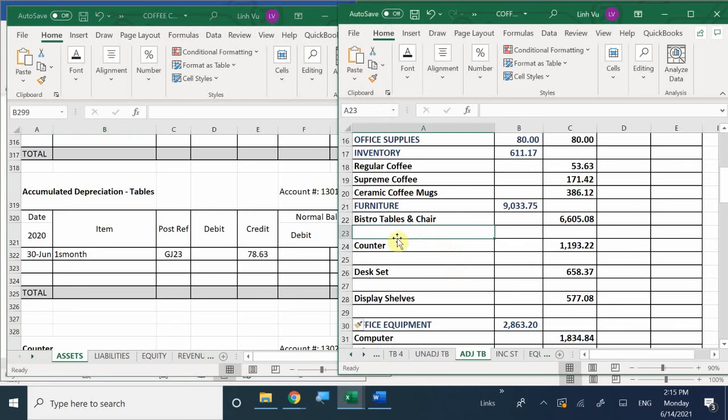$78.63. So right underneath table, we're going to associate this as Acct, my contra account, depreciation. It's up to you. I would use Acct Dep. In your balance sheets, trial balance, or whatever financial forms you use, you can use abbreviations. That's completely fine. So I'm going to do Acct depreciation table,